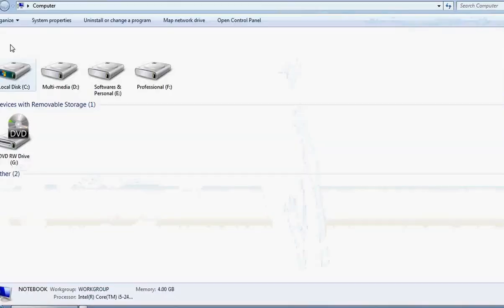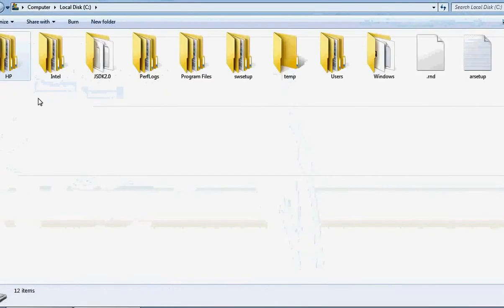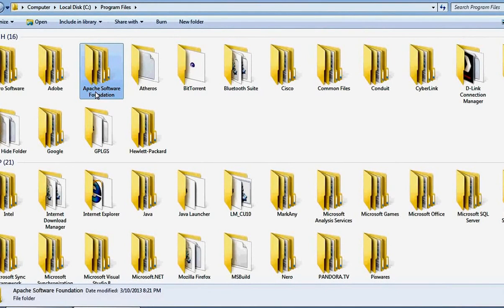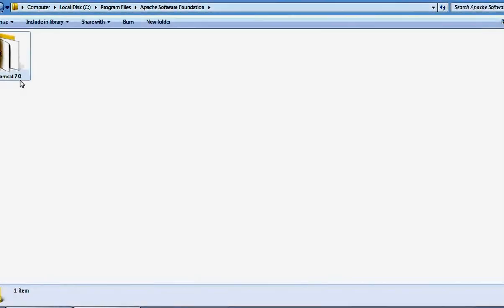Now go into the directory where it has been installed: Program Files, Apache Software Foundation. This is the directory. In this directory, these are the components of Tomcat 7.0, in which webapps is a folder.